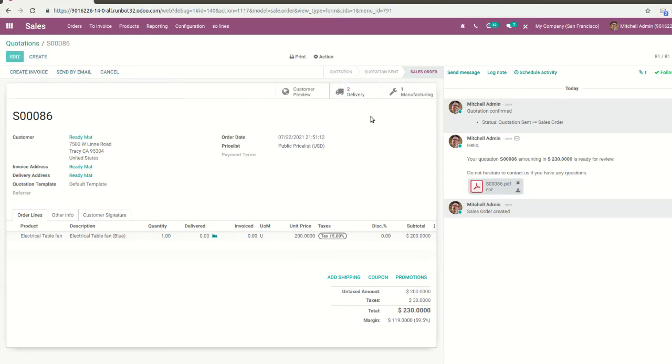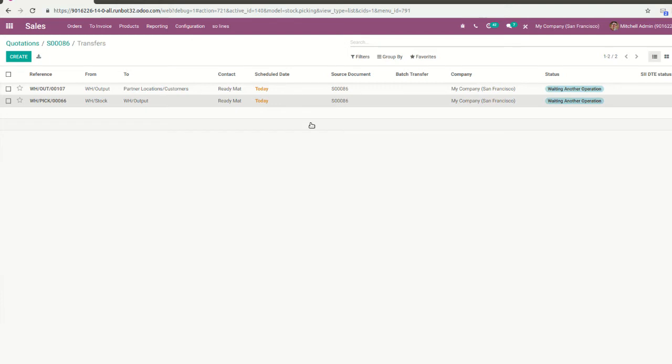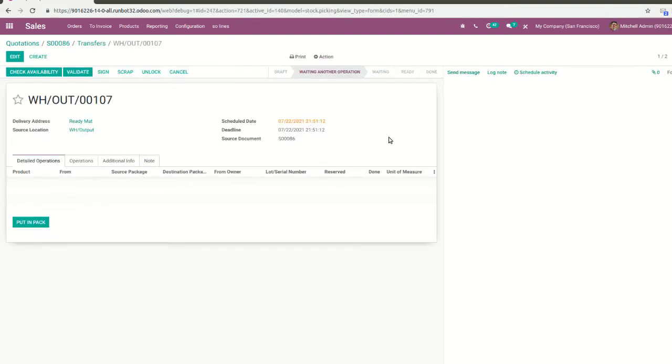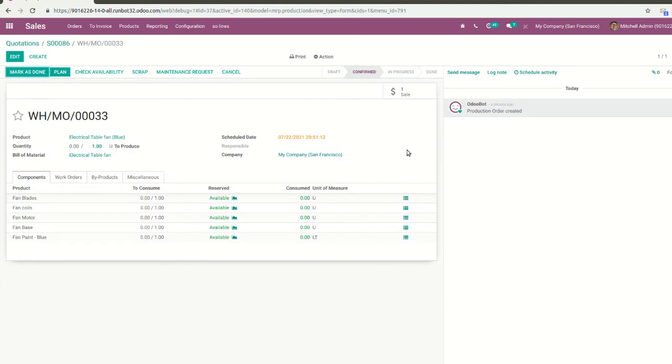You see, in the delivery, there is a picking. First thing is picking and then deliver to customer. Okay, so I go to that sales order and then go to that manufacturing. You see, I have all the raw materials now. In my scenario, all the raw materials are available. If the raw material is not available, then the purchase order is automatically created here. Okay, so I have all the products here.